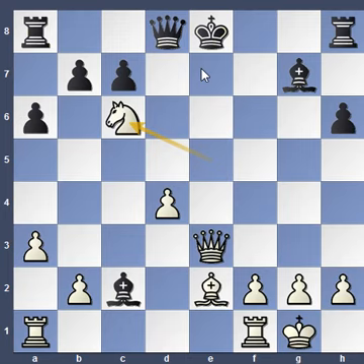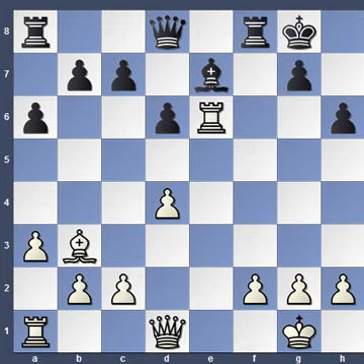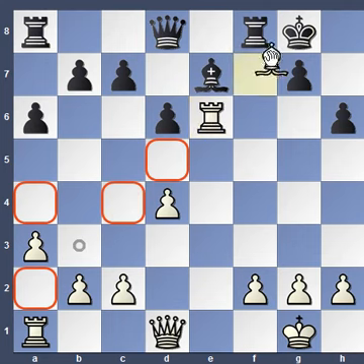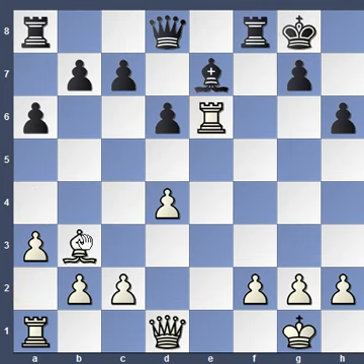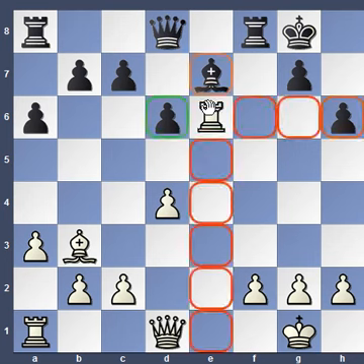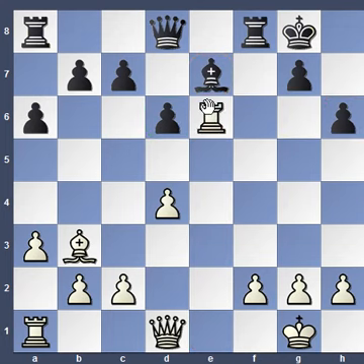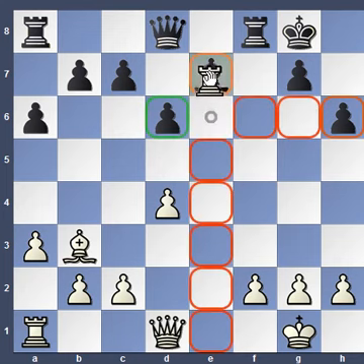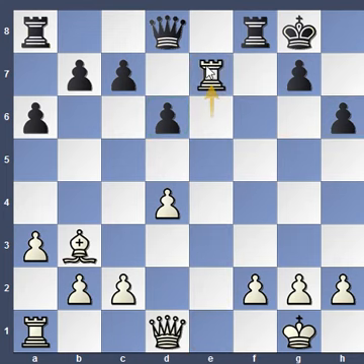See, here is another example where you can see the black king and our bishop on b3 are on the same diagonal. We have our rook on e6, which is actually blocking the check. So here again we have the advantage of moving away the rook to any square of our choice and creating a double attack. So we are giving a check to the king. Also we can create another attack, or we can also capture a piece. Here we have the opportunity to capture black's bishop on e7. He cannot capture us because the king is under check. So once he moves away the king, we can bring back our rook to a safe square.